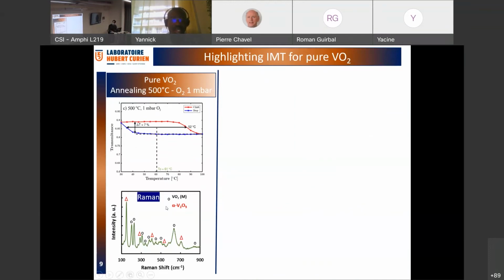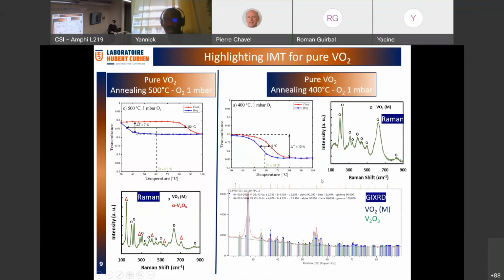We observe a bit of a mix of VO2 and V2O5 with a hysteresis that is a bit larger. Now when we anneal at 400 degrees Celsius, we have a completely different hysteresis loop, as you can see here, and Raman gives us